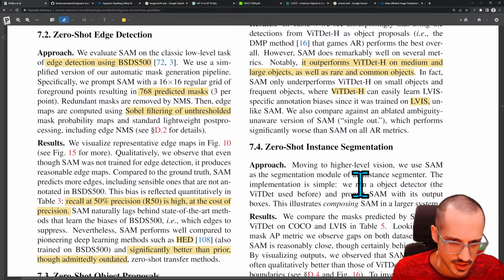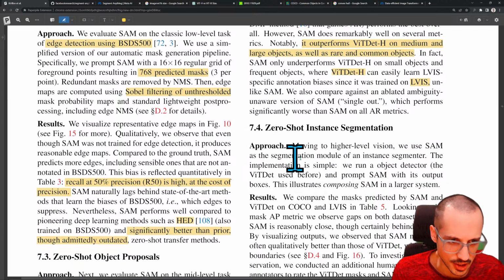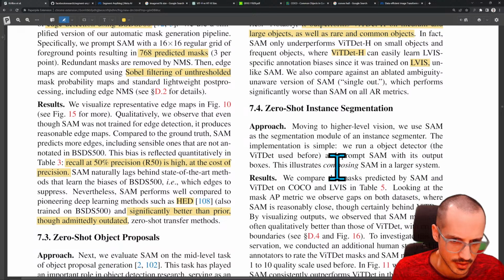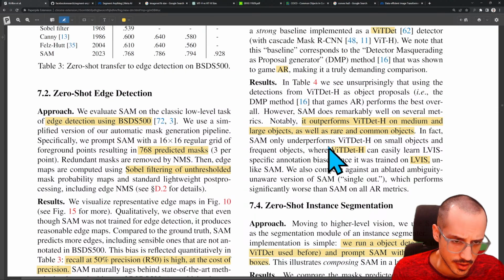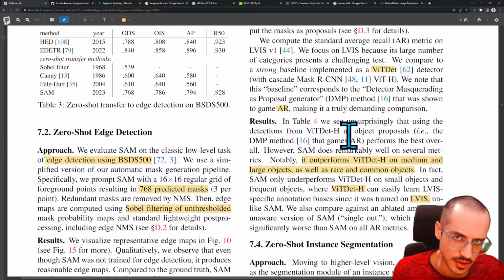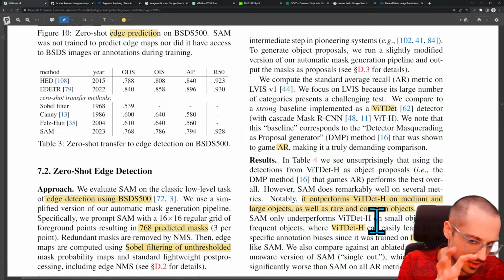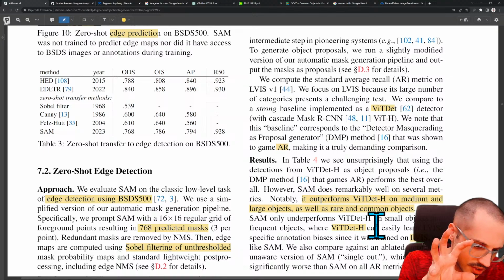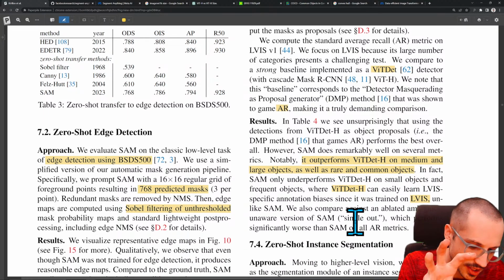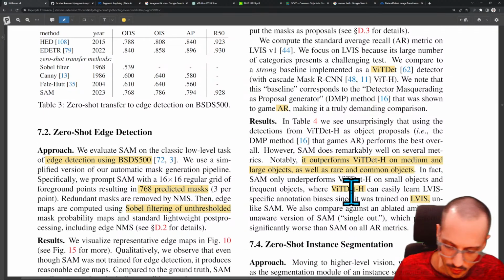Moving to higher level vision, we use SAM as the segmentation module of an instance segmenter. Segmentation is simple. We run an object detector and prompt SAM with its output boxes. So this is kind of how Mask RCNN works. A lot of segmentation models first get a region of interest, right? Like a bounding box of the image, and then they segment that specific part of the image. So